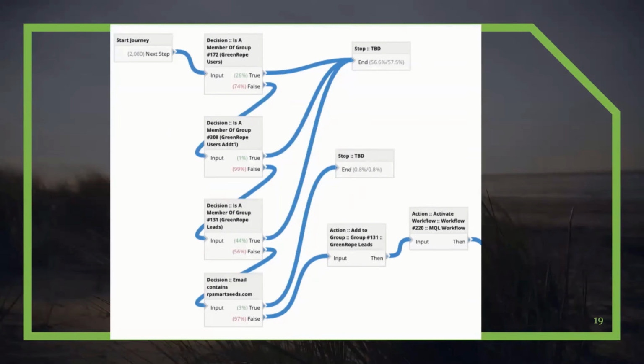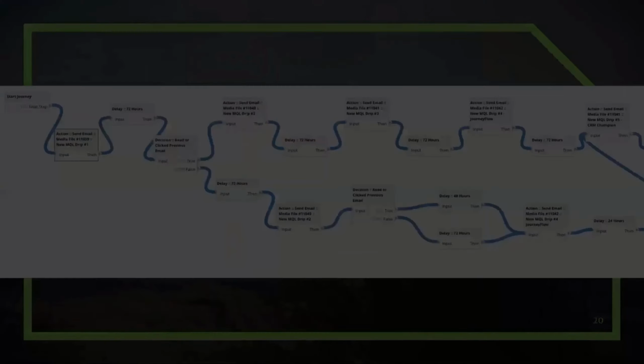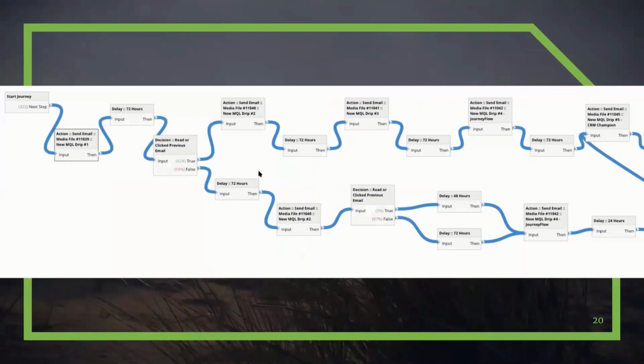There is no other reason. I've seen people who literally have emails going back to one that's four steps back if they don't hit a certain decision. And listen, if that works for you and makes sense, perfect. But as you can see, some of these emails are the same, but I put them in different paths because I like things to be very organized.